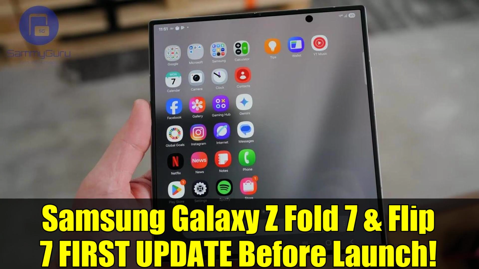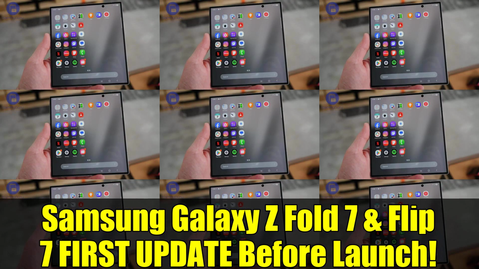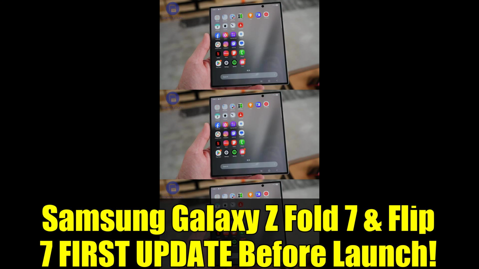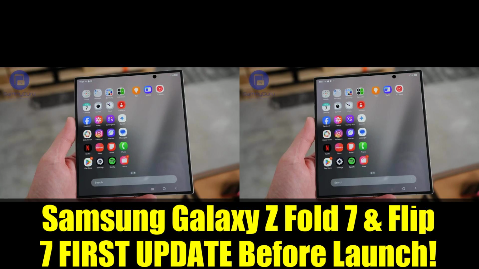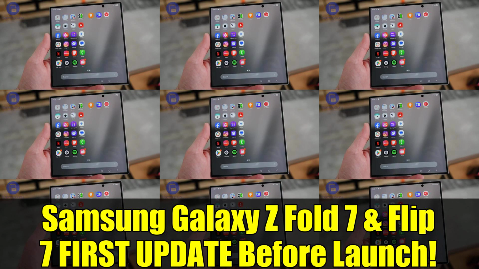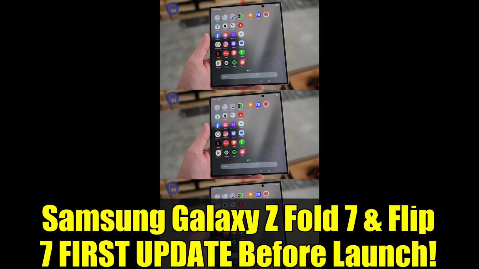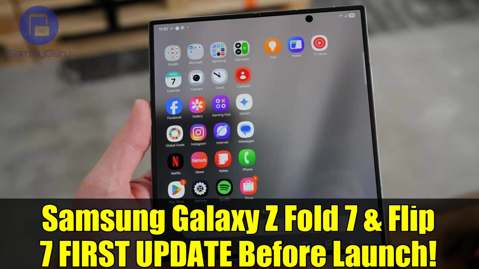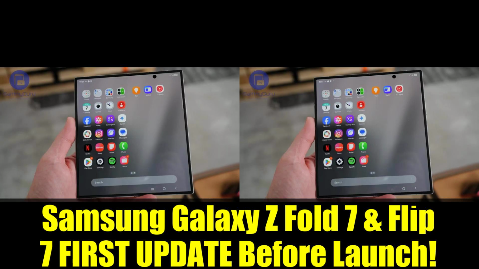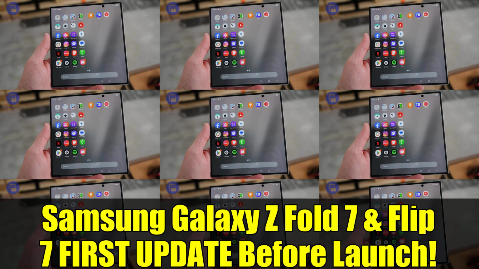The Galaxy Z Fold 7 and Flip 7 are also the first devices from Samsung to launch with One UI 8, which brings subtle yet impactful improvements in usability, design, and multitasking capabilities. This update enhances the user experience with refined animations and transitions, smarter AI features, improved gallery tools, and better app continuity, among other enhancements. Looking ahead, Samsung is expected to begin rolling out One UI 8 to other compatible devices,